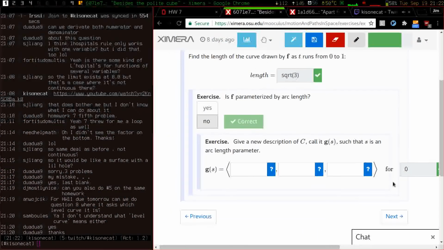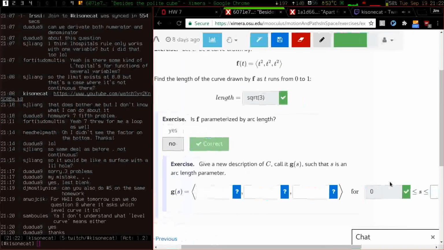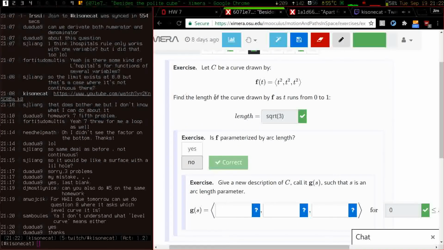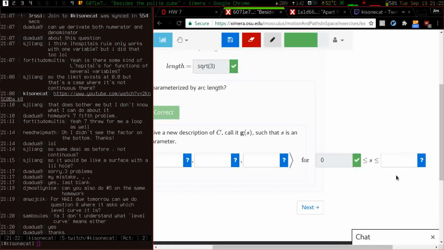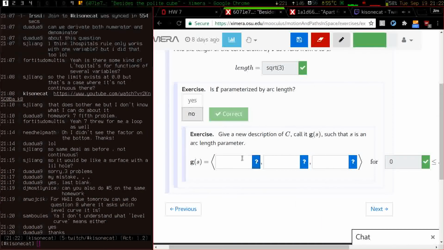That's a weird choice, isn't it? Oh, I see. It's really just talking about this curve, so it wants this thing to be between that and the square root of 3. Okay, that's fine. And let's see, so I'm going to give a new description of C so that S is